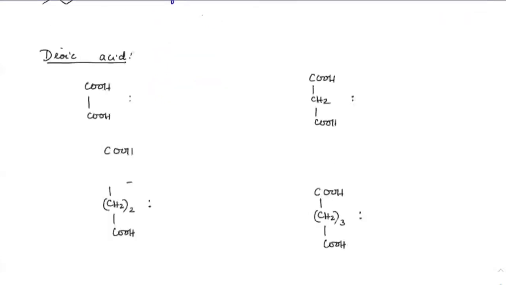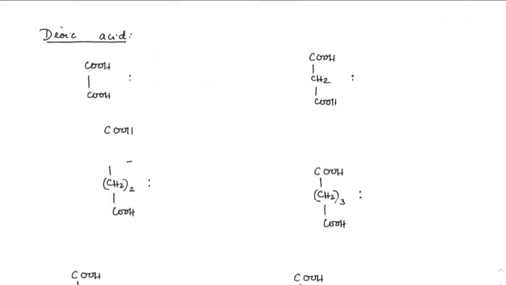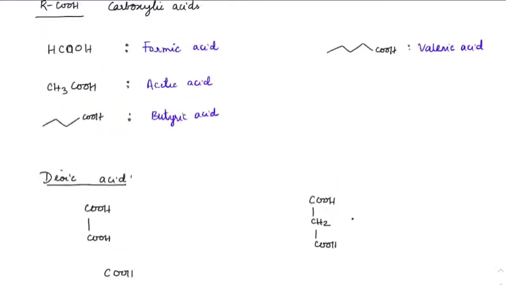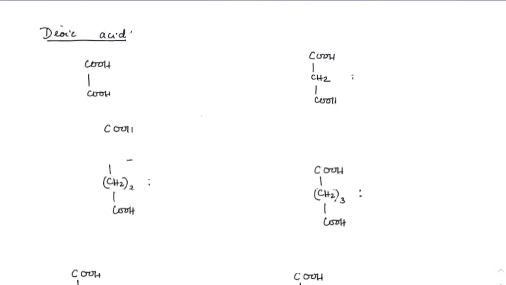Now, if you have dioic acid, then what do we call it? Starting with this, I hope all of you got the first four. Right. See the next one. In dioic acid, starting with the first one, which is oxalic acid. So that is oxalic acid. Check out the second one here. This one is malonic acid.